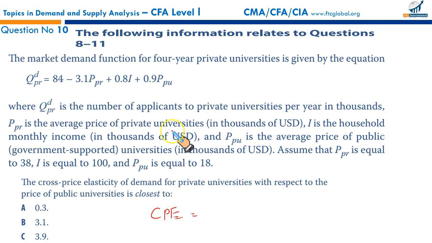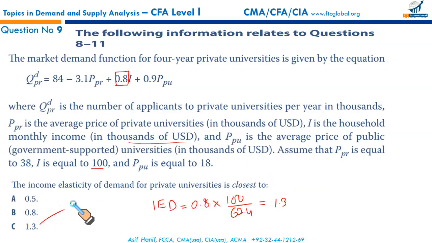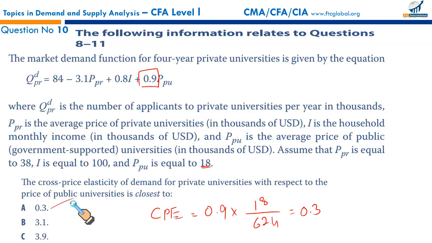It's equal to the coefficient for cross price elasticity here in this function, given as 0.9, times price 18 for public universities, upon the quantity demanded calculated previously, 62.4. If we simplify this all, you'll get 0.3, and that perfectly matches with your option A. Previous one, 1.3 was there as C, and we have already done the previous. Next,